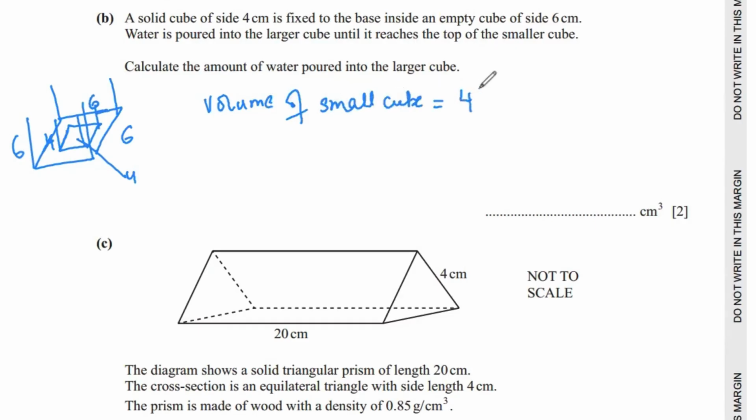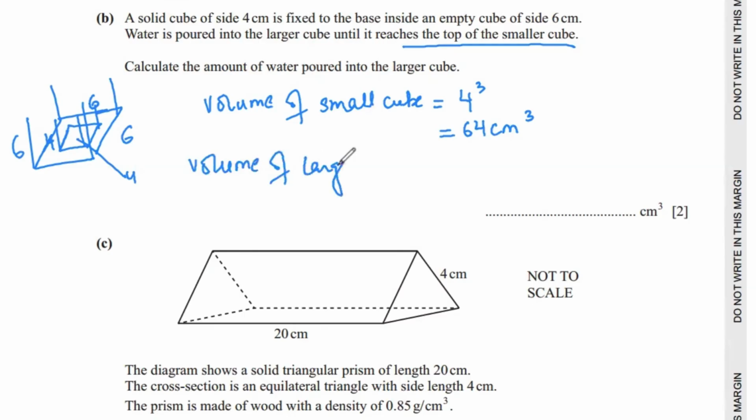Which will be 4 cubed. That gives us 64 centimeter cubed. And then we find the volume of the larger cube, but only up to the height where the water is reaching the smaller cube, because it says water is poured into the larger cube until it reaches the top of the smaller cube, which means it doesn't completely fill the large cube, it's just till where the smaller cube is. So since the height of the small cube is 4,